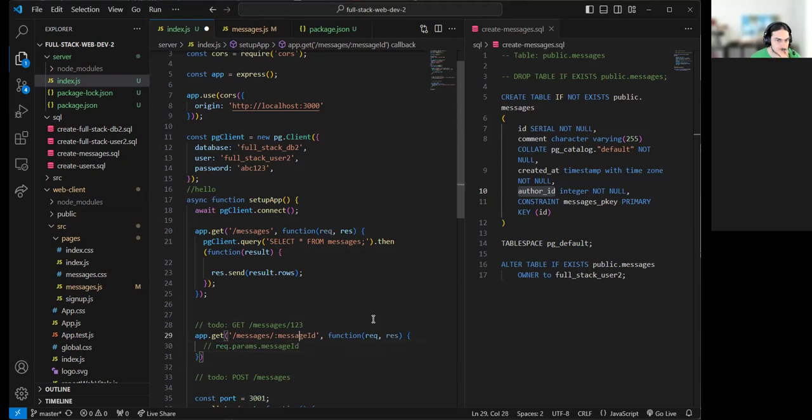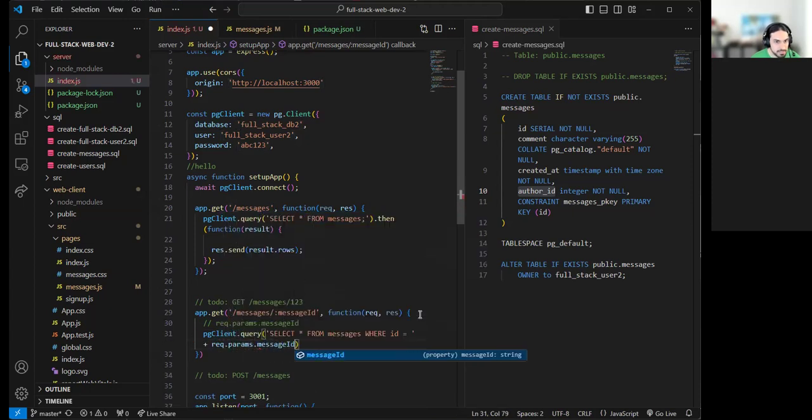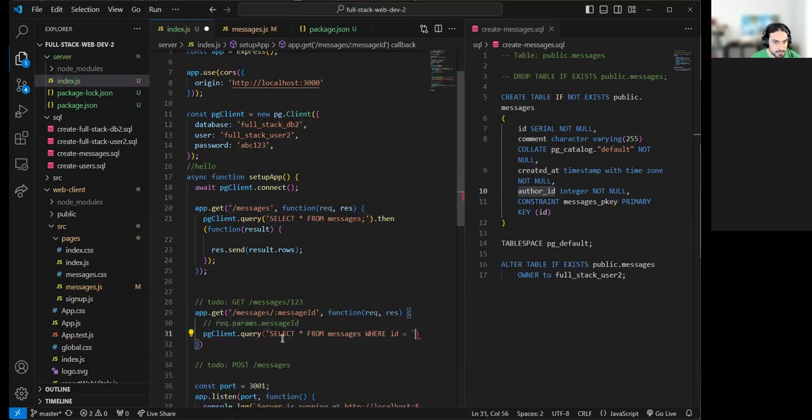So what we got to do is first, okay, somebody's requesting to see a message by its ID. We got to look up in the database to see if it exists, right? What's the query here we're going to use? pgClient.query select star from messages where the ID is equal to something. Well, somebody might be thinking, hey, why not put a plus here, req.params.messageId, or interpolate with